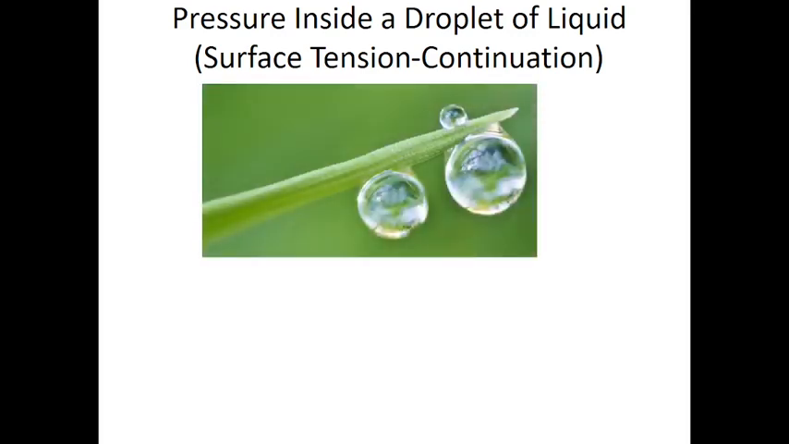So we have pressure inside a droplet of liquid. This is a continuation of surface tension; I have already introduced surface tension. This time let us analyze a droplet of liquid. As you can see in the figure, we have a droplet of liquid. And what is happening to the liquid? It forms a sphere, right? It forms a sphere,